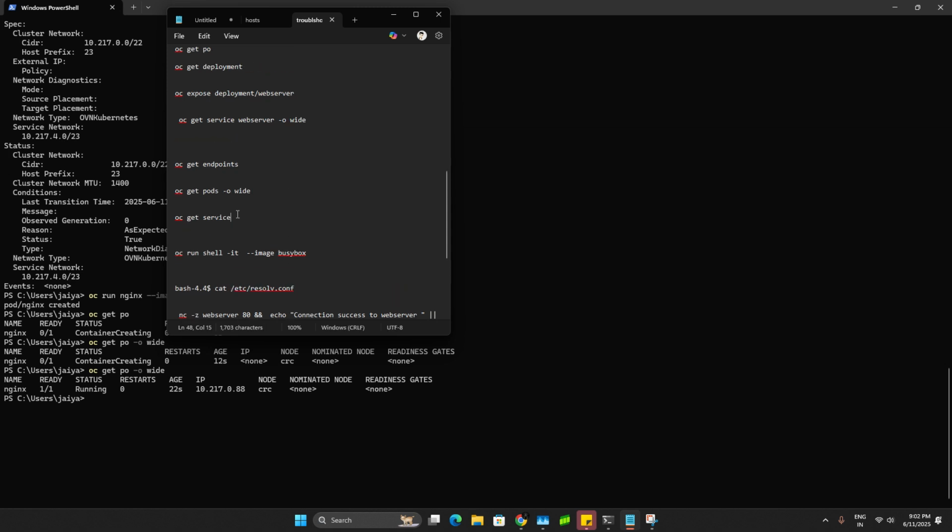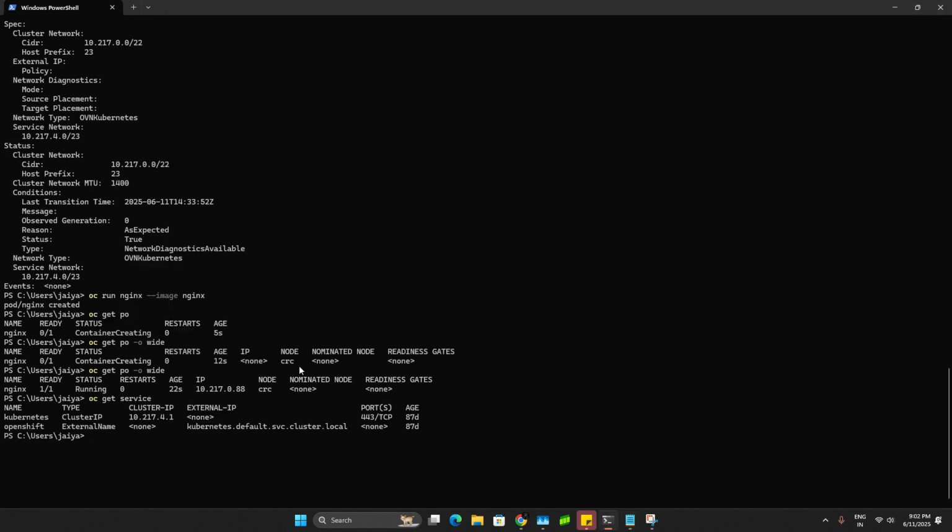By default, Kubernetes will run some services. So you can see Kubernetes will have a cluster IP and it will run some services. These are default services. If you can't ping or communicate with this kubernetes.default.svc.cluster.local, then something is wrong with the DNS. For debugging we can confirm this. So we will create the services.